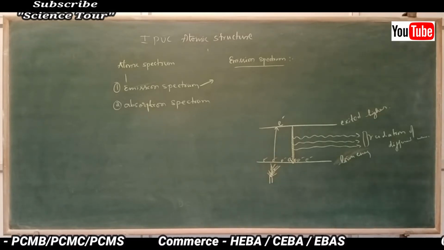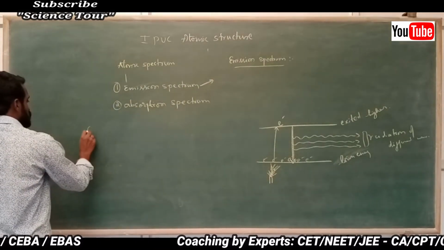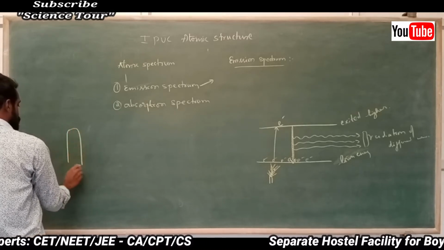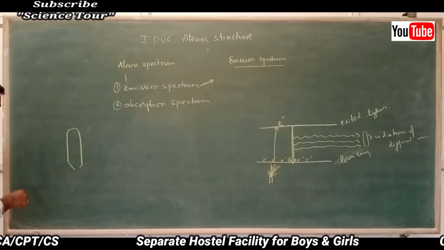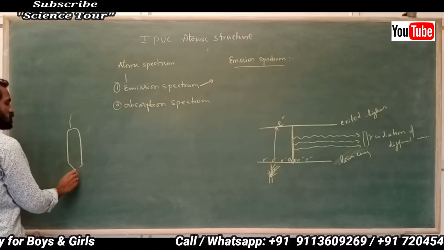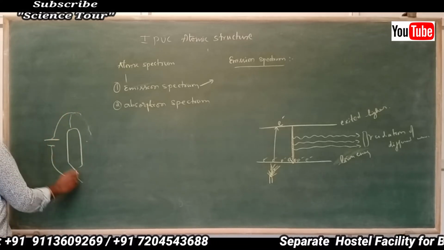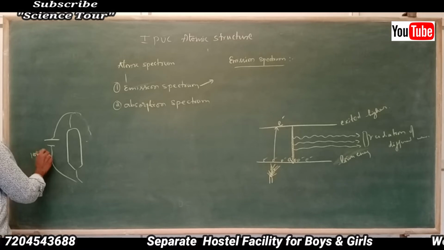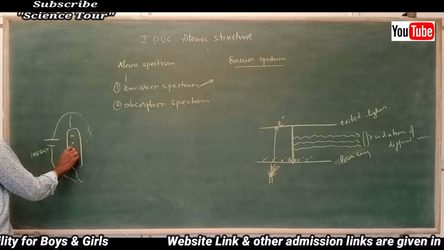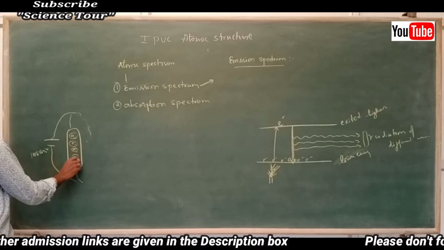Okay students, for emission spectrum I will give you an explanation. Imagine this is a cathode ray tube, one tube. This diagram is not important, just for explanation I am writing these things. The cathode ray tube is connected with high voltage, and what happens? Around 10,000 volt is supplied, and in this, hydrogen gas molecules are taken. So many hydrogen gas molecules are there in this one.